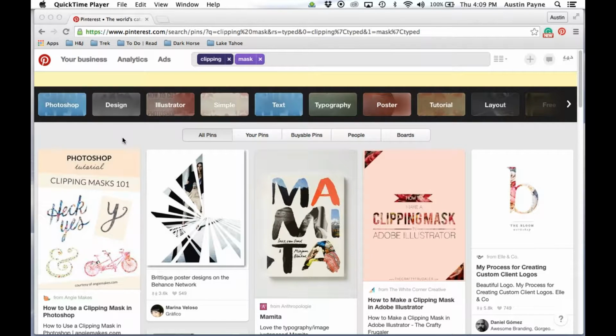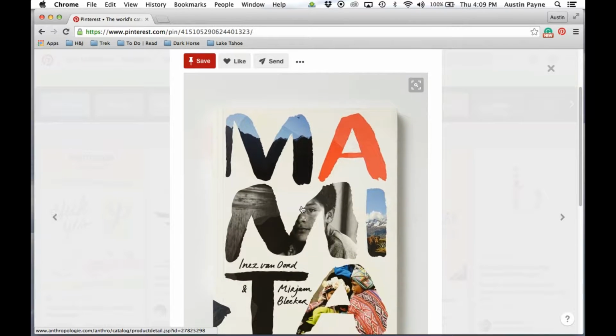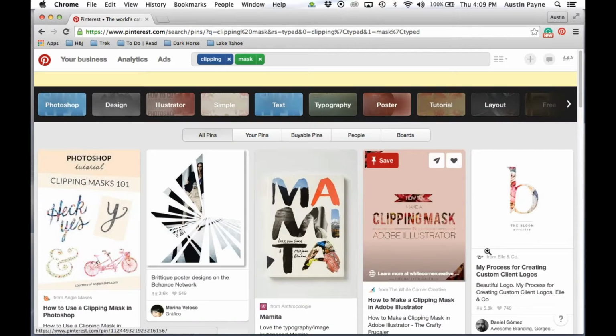Instead of talking about it, I thought I'd just show you. It's a little bit easier this way. Alright, so I went ahead and opened up Pinterest just to give you a better visual idea as to what the clipping mask is within Photoshop. So here are a few examples. Essentially what it is, is an image on top of an image. But when done in this certain way, it creates this amazing look that's great for graphics or logos, whatever you find useful. So let's just go through a couple more.